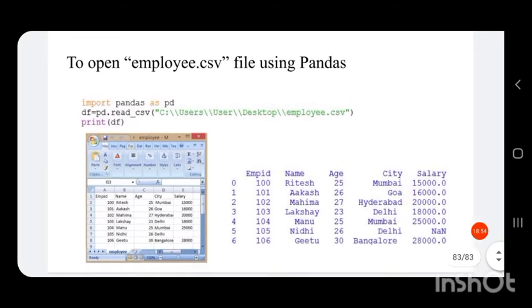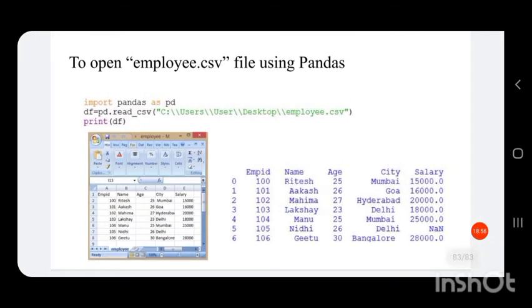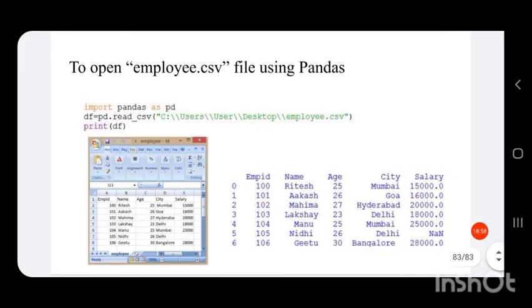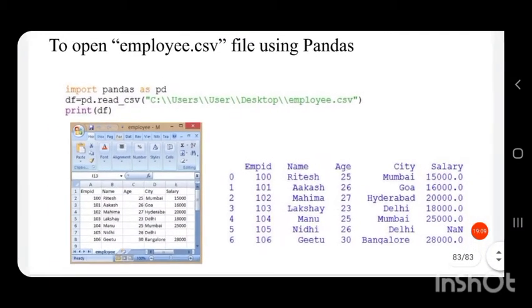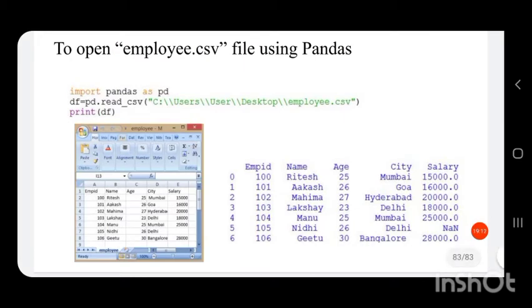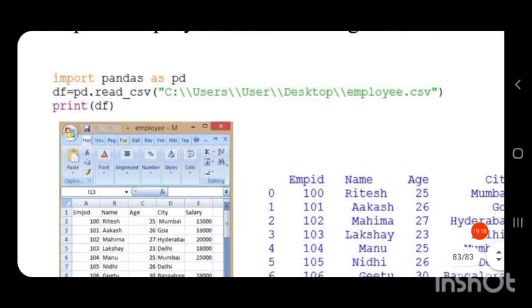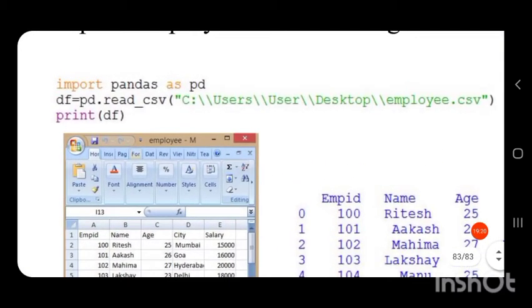So let us see how to write the program to open the employee.csv file using Pandas. For that, import pandas as pd, then we are creating a data frame df.